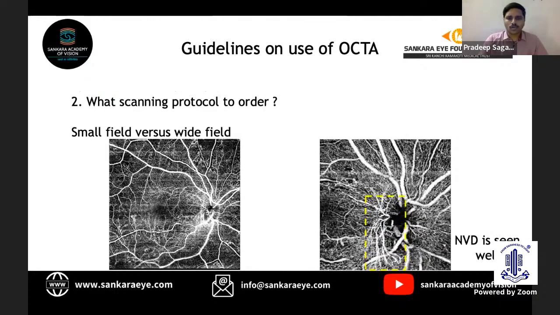So what scanning protocol to order? We know that there are guidelines to say that neovascularization has to be used for the staging of diabetic retinopathy, which can be detected on OCTA. But here we can see an example. This is a 9 by 9 mm scan, technically not wide field, in which the NVD is not very well evident, whereas in a 4.5 mm scan, we can see that the NVD